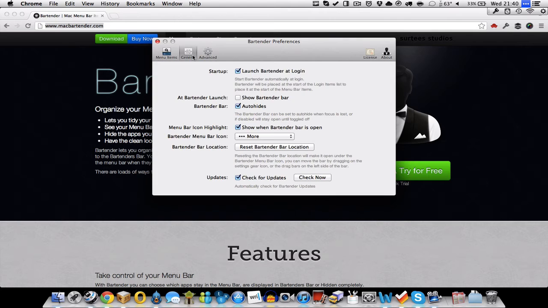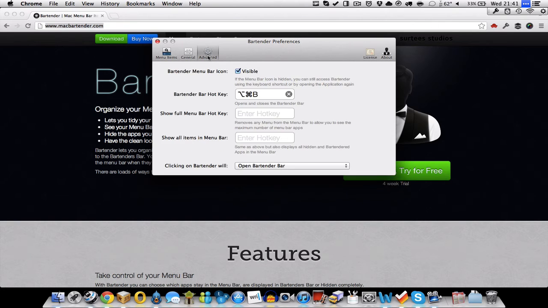And to be honest, that's pretty much it. The rest of the things are fairly straightforward. So you want to obviously start it at login, so it sorts out your menu bar when you log in. You can auto hide the Bartender bar, which is this one up here, and there's various other changes you can do as well. But the core of this app is to allow you to tidy up your menu bar,